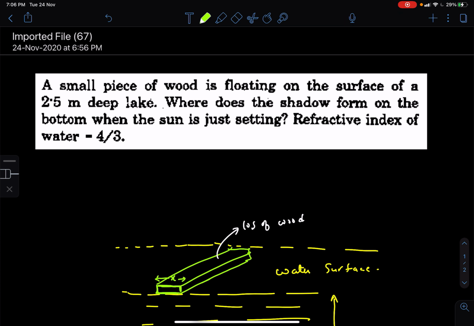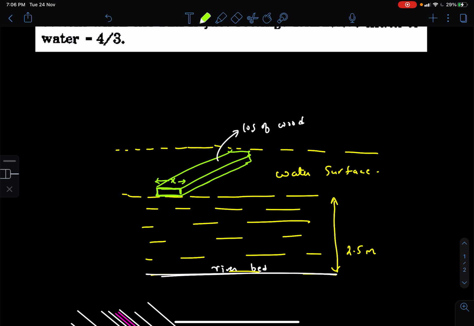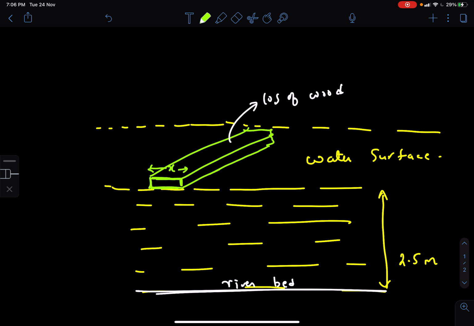Okay, this is a question from HCV, question number 16, optics chapter. You can go through the question. The question is very simple. Here we have a log of wood of thickness x. This x is very small, and the wood is floating in water, and the depth of the water surface from the bed of the river or lake, whatever it is, which is calm, is 2.5